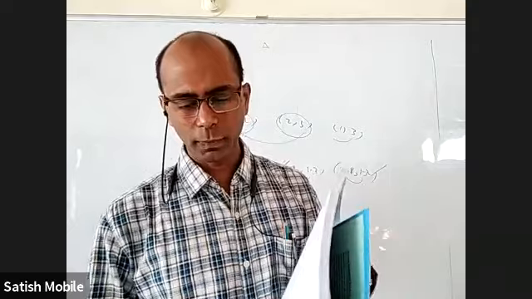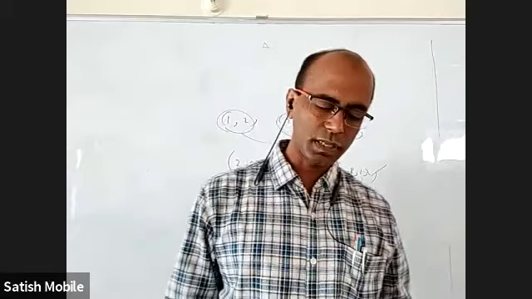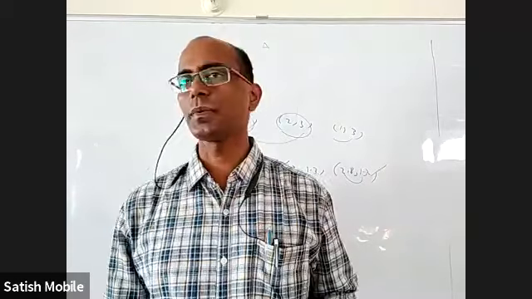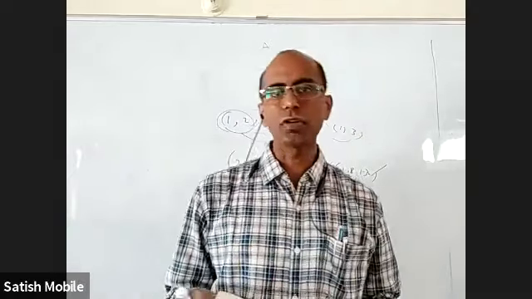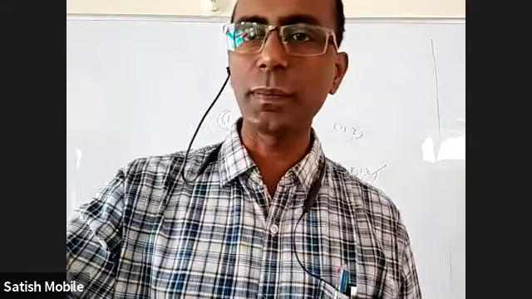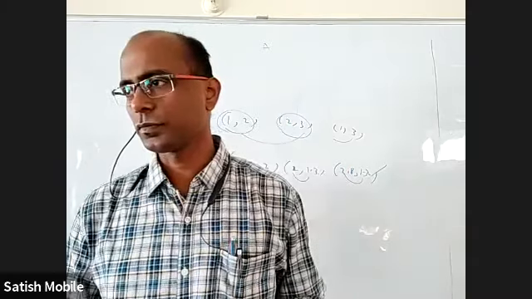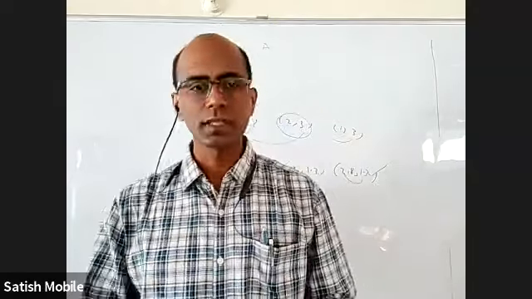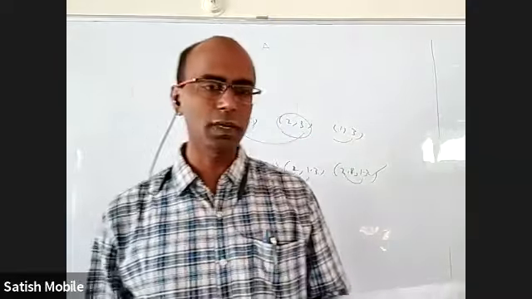Okay, 19. 19, it is not reflexive. One may say for A is image, for B is image, for C is image. But for every number in the domain, the same number should be the image, not just a few. For example, in 18th question, if I write 2 comma 2 and 4 comma 4, 6 comma 6, but don't write 8 comma 8, will it be reflexive? No, right? Only reflexive has this condition that every element should be the image of itself without missing anything. Okay. So in 19, out of infinite real numbers, only 3 real numbers are images of themselves, not the others. So even that appears like reflexive, but it is not. Is everybody clear about that?